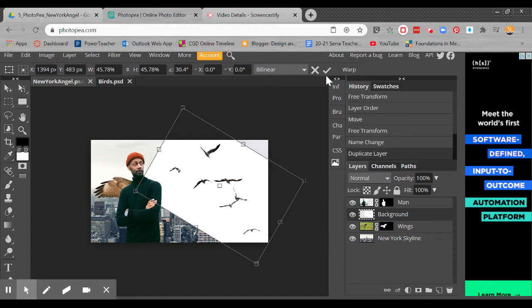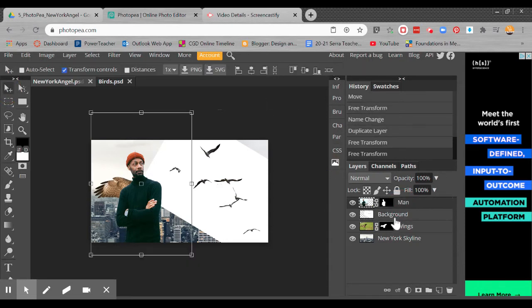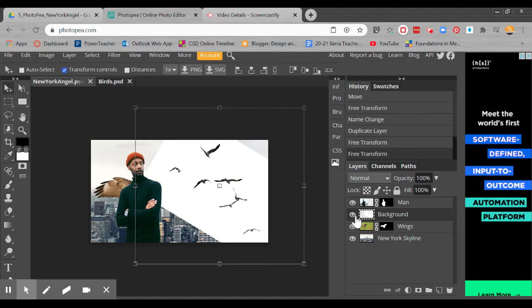But one of the things here is, even though the birds are black, one of the things that I don't like with this is it will be a little bit harder to clean up those edges and get them perfect. And I'm going to show you, if you've got something that has pretty much a dark color and a light background, there is a way to use what are known as blending modes to be able to have it automatically mask things. So I'm going to move this up above the man,